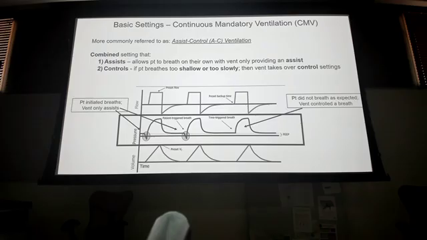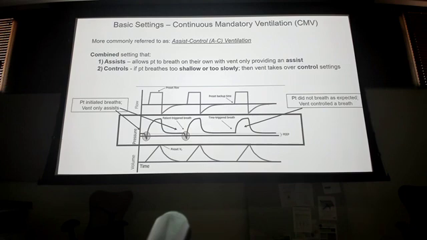So no matter how hard the patient breathes in, the ventilator is going to trigger it and stop it. So if it's set at 500, then it's going to shut off. It has a little valve. It's going to collapse, and the patient can't breathe any more than that. And right here, in this third one, there's no inspiratory effort by the patient. So the machine detects that the patient hasn't breathed in X amount of time, whatever you set it at, 2 to 3 seconds, and it's going to deliver a breath.